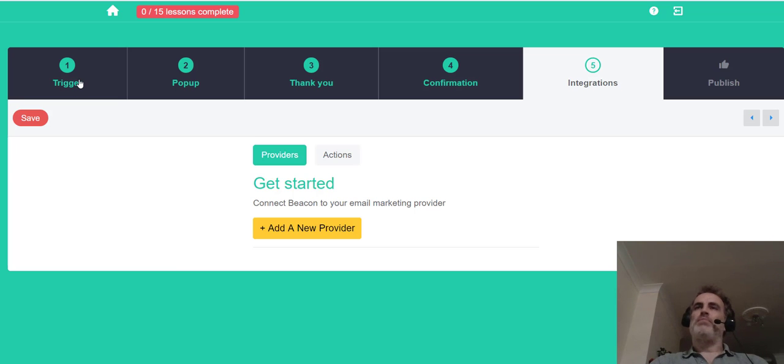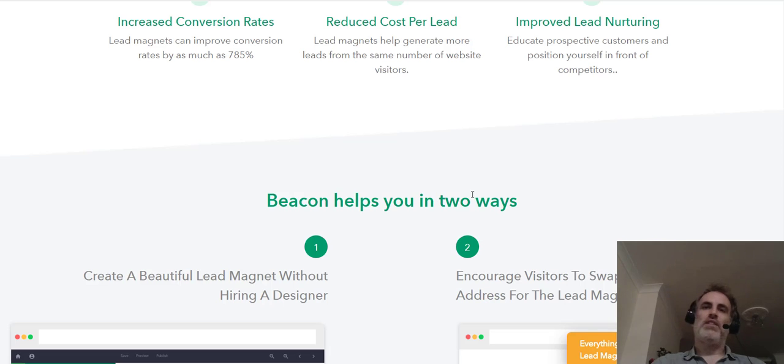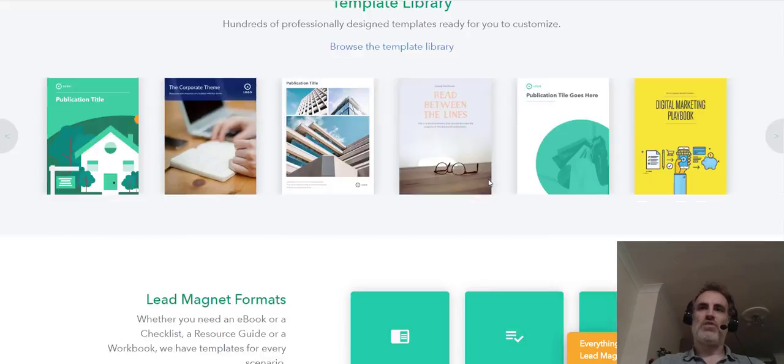So since I've used Beacon, my company is creating more and more lead magnets simply because it's a tool that enables us to do it much faster. So if you want lead magnet ideas, if you want to get more leads for your business, and if you want to use a tool that's easy, affordable, and creates good quality lead magnets, then I can only recommend to you Beacon. Now if I go back to the sales page, right,